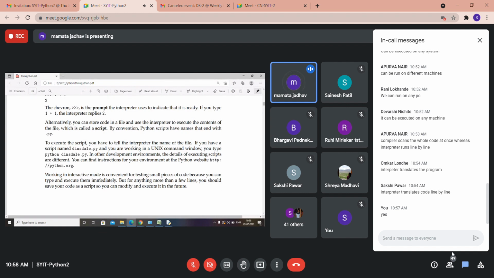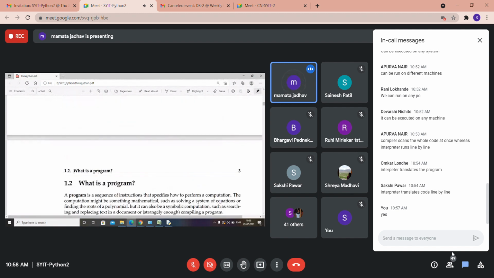Working in interactive mode is convenient for testing small pieces of code because you can type and execute them immediately. But for anything more than a few lines, you should save your code as a script so you can modify and execute it in future.